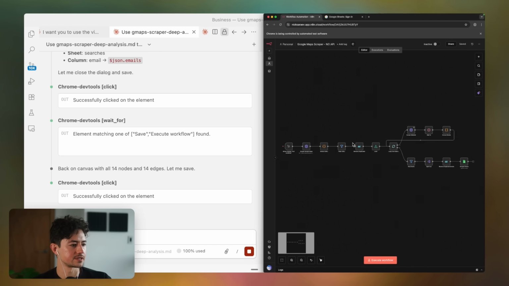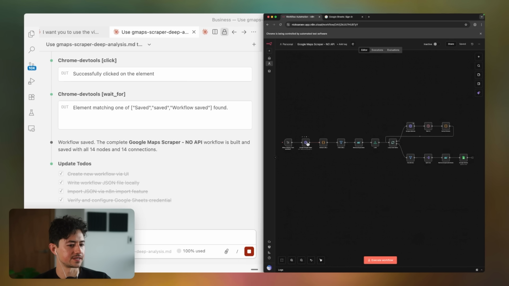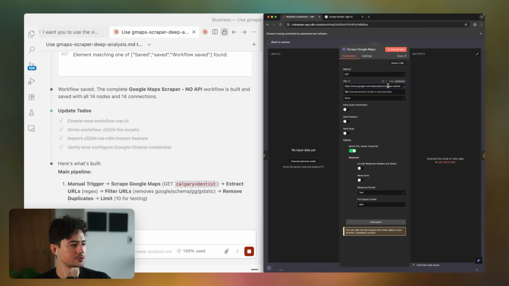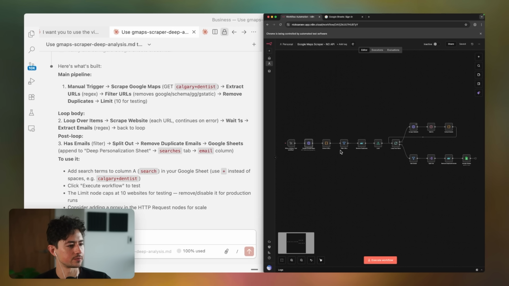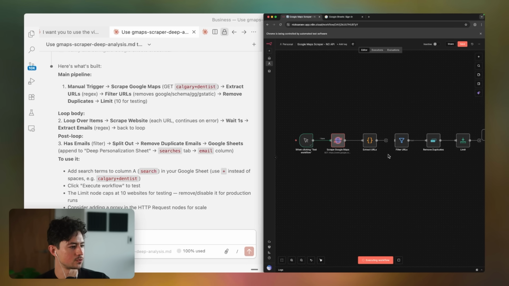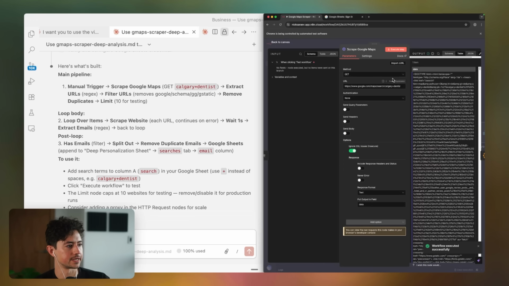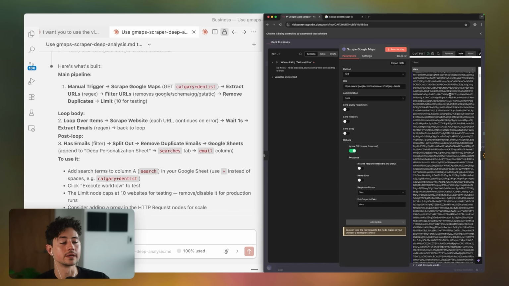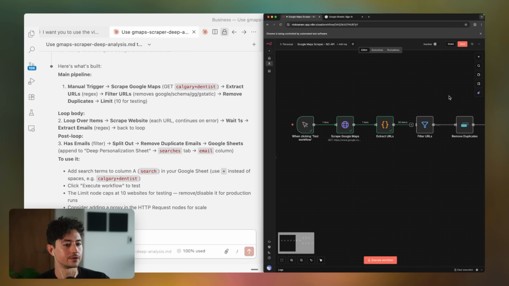I should be moving this around because it's going to get confused. But you can see that it's gone through and pumped in a specific search term. It's basically done everything for me. Really, the only thing left is some sort of testing. If we click execute workflow, I'm just going to stop it here so I don't consume anything else. It's actually gone through and literally scraped Google Maps for us, which is sweet. And it's done so entirely by watching the video. So it's entirely native video understanding.